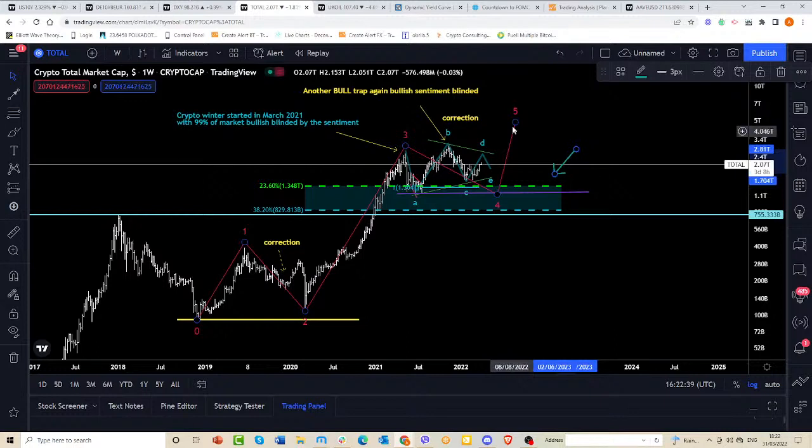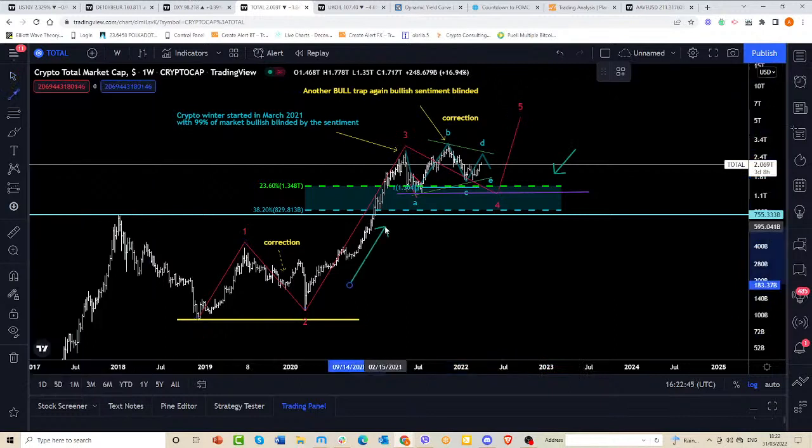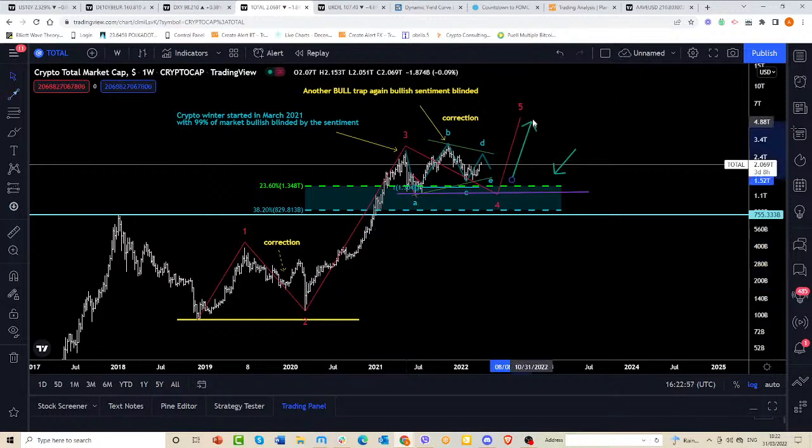So the previous trend was on the upside, as we can see. This pause or correction is just going to balance the forces until we see the further and last move in this cycle on the upside, when this correction is finished. So I am going to, of course, follow that in this manner until we trade above this 23%, and there is no need for us to change it for now.